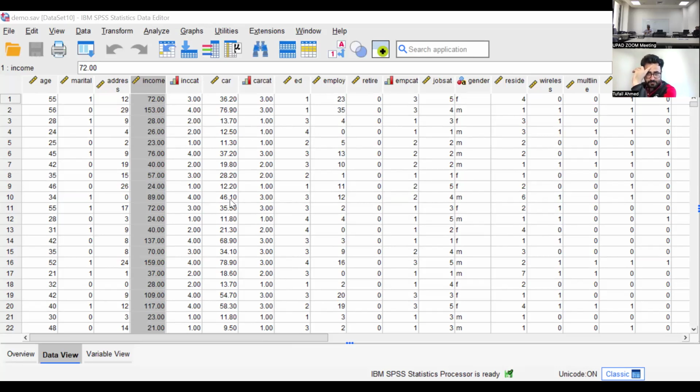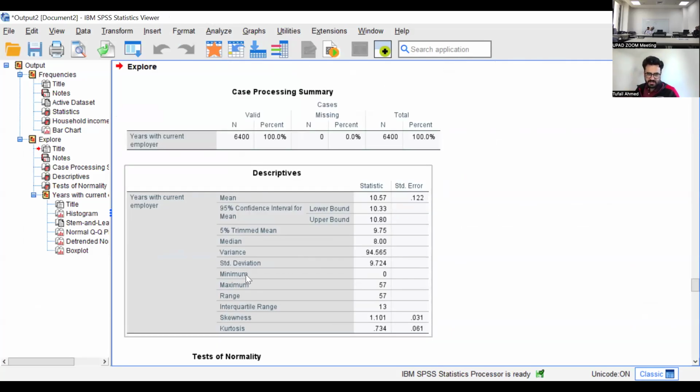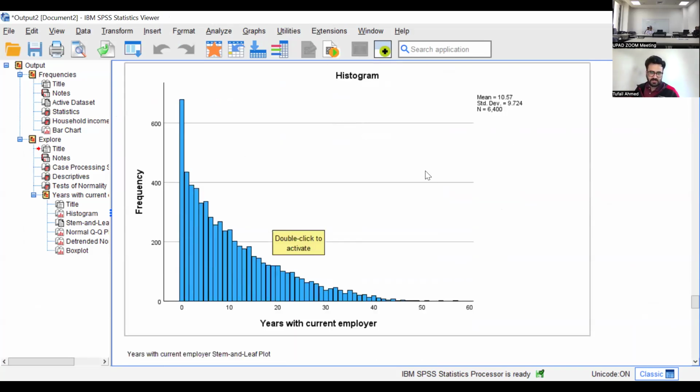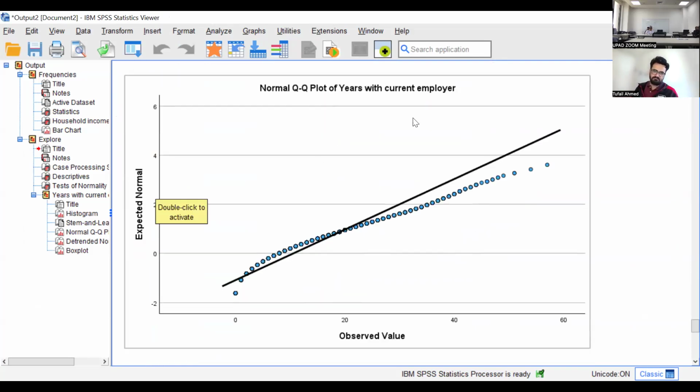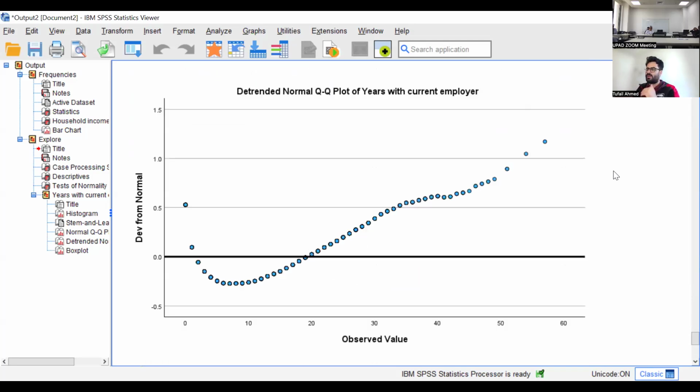Okay, so all these statistics appeared again: standard deviation, minimum, maximum, along with some other additional things. A histogram was also in the first one. We also see some other tests. For example, this is called a QQ plot. This line shows the mean, and you see the data is centered around it, so we can say that the data is normally distributed. So this is what Explore does.